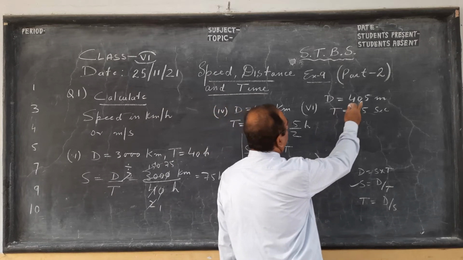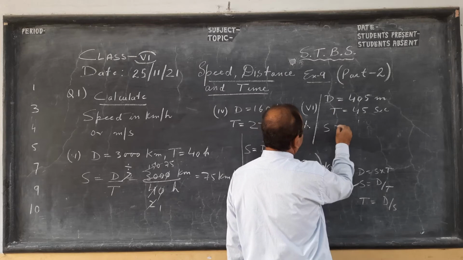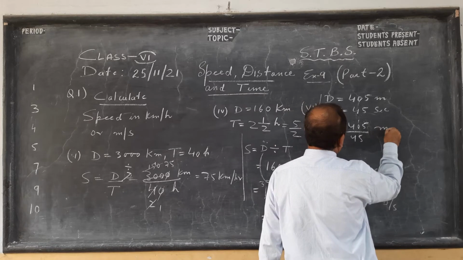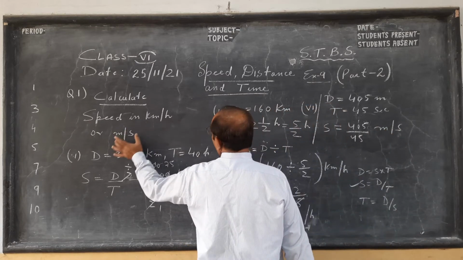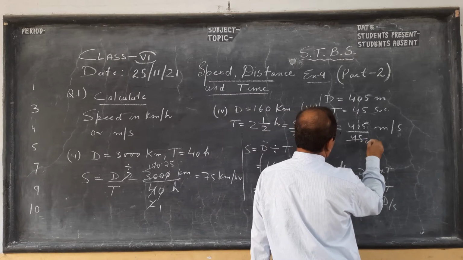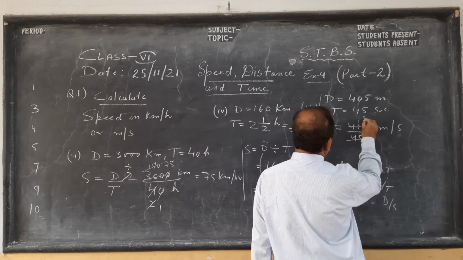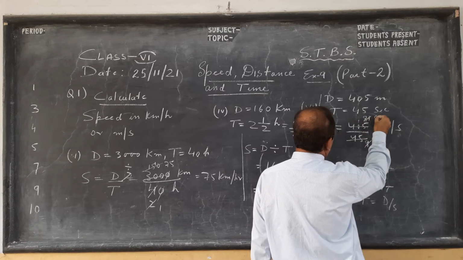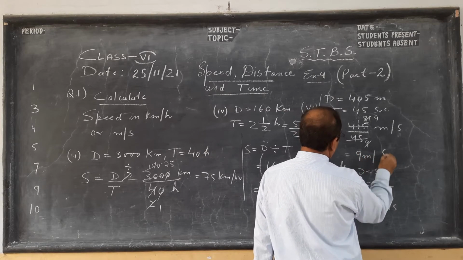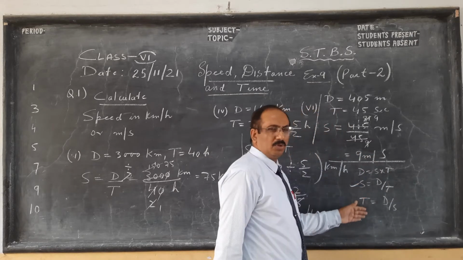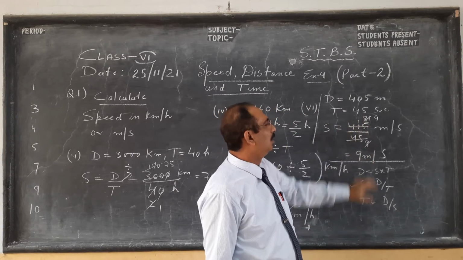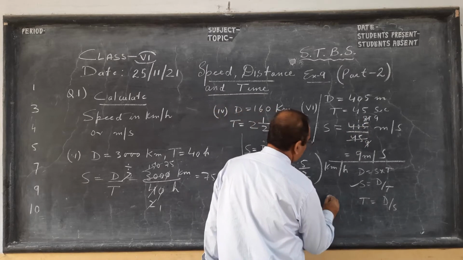The last one: distance is in meter, time is in second. So our answer, speed, will be meter per second. We have to find either kilometer per hour or meter per second as the situation is. So 9 5s are 45, 5 9s are 45, and it will be 9 meter per second. So always write the formula first, then we solve, and if you have any problem in cancellation, you have to learn. Otherwise you can do the traditional method.